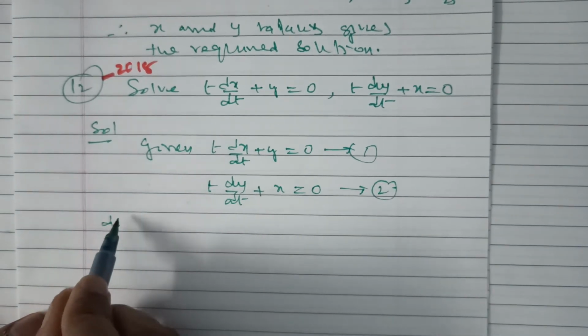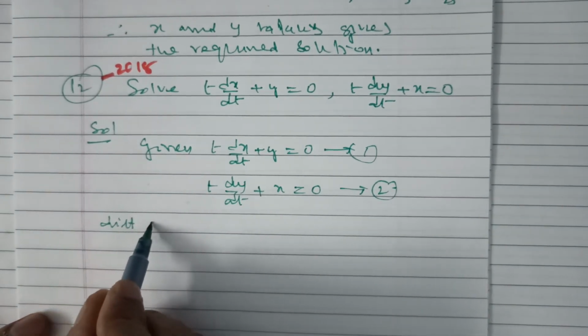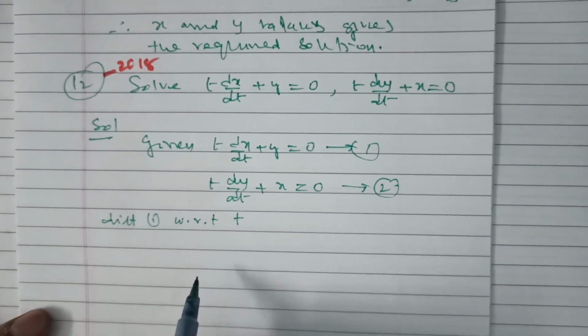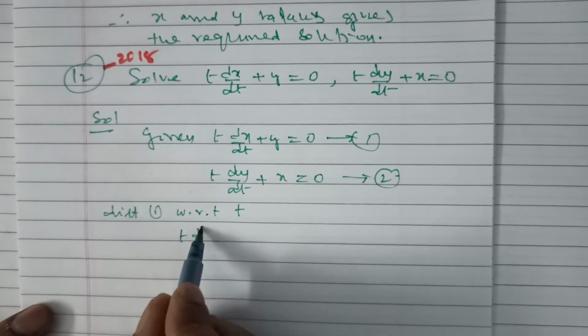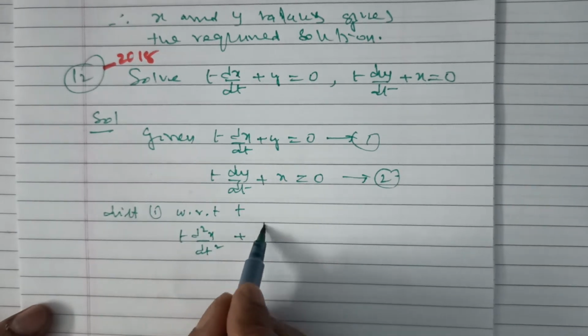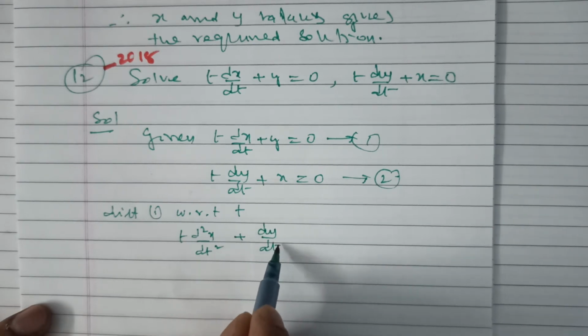So differentiate the first with respect to t. Differentiate one with respect to t. This should be t d²x/dt² plus dy/dt,